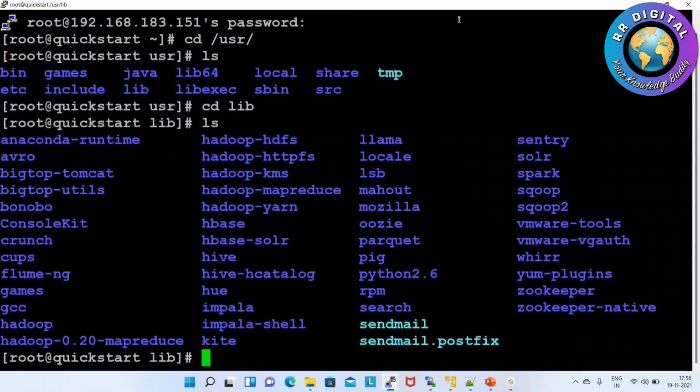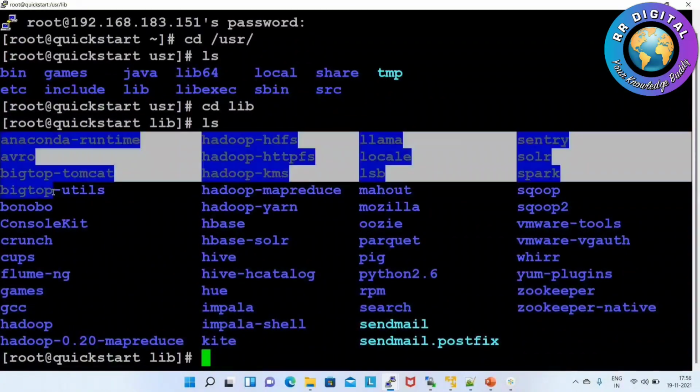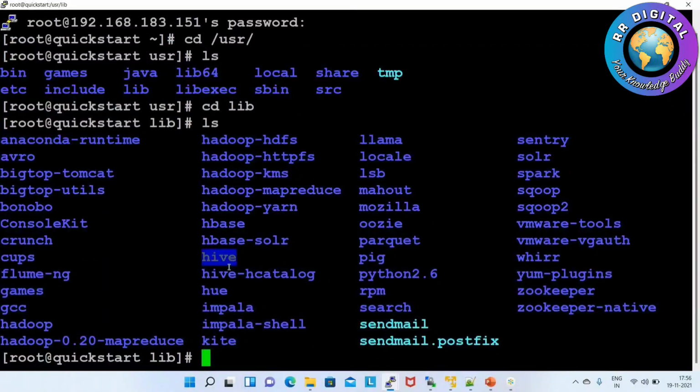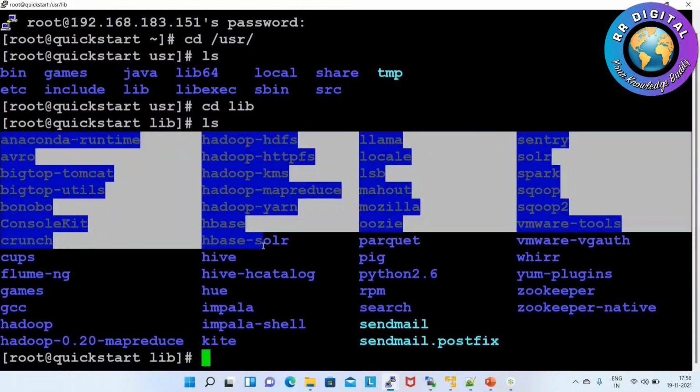Here all the Hadoop related software is installed, like the Hive module, Pig module, and Oozie. In real time Hadoop has many modules, eight to ten, but if they use only three components, they don't need to install the others. Generally only the required components are installed in real-time projects.